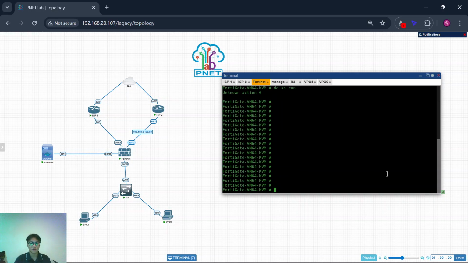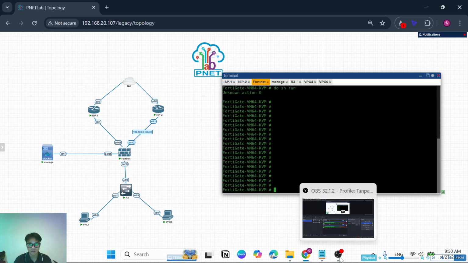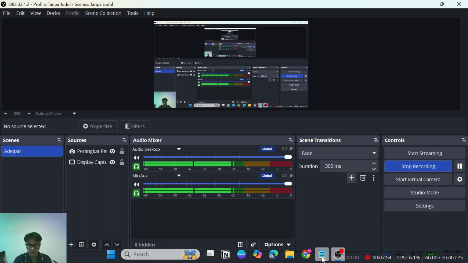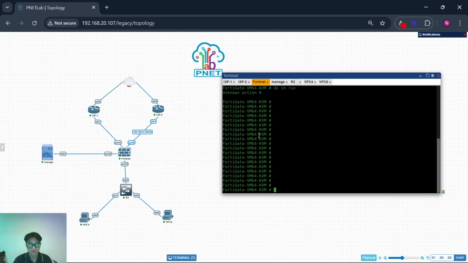Biar ngeliatin konfigurasi gimana, Kak? Ngeliatin konfigurasi. Itu aja di manage. Nah, for it, at different comment, we can see it. My comment is not run because that is different comment with Cisco. Fortinet is different, and I'm not study it first. Maybe another time.